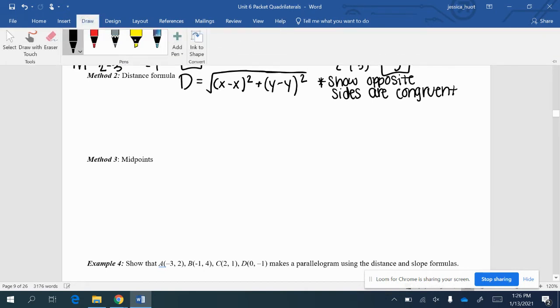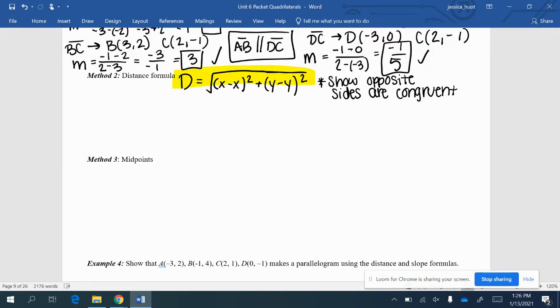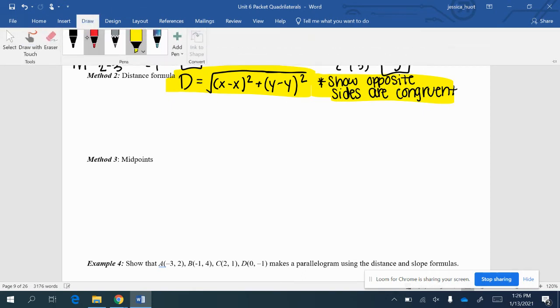Okay, so I'm going to highlight this to show this is my distance formula, and we have to show that opposite sides are congruent. Okay, so here for my first side, AB,